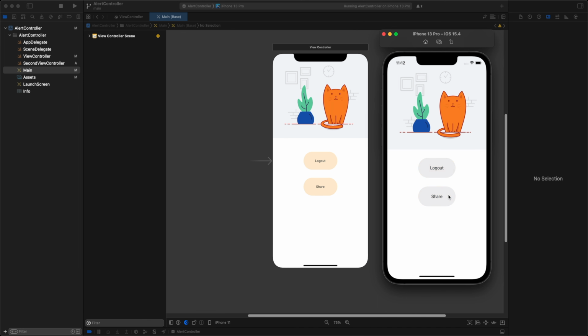Similarly, we have a share button. Once pressed, an action sheet pops up from the bottom of the screen, again with a title and a message and the available options to share the content. Further, we will extend our tutorial to create a universal alert controller class, and we will explore the need of